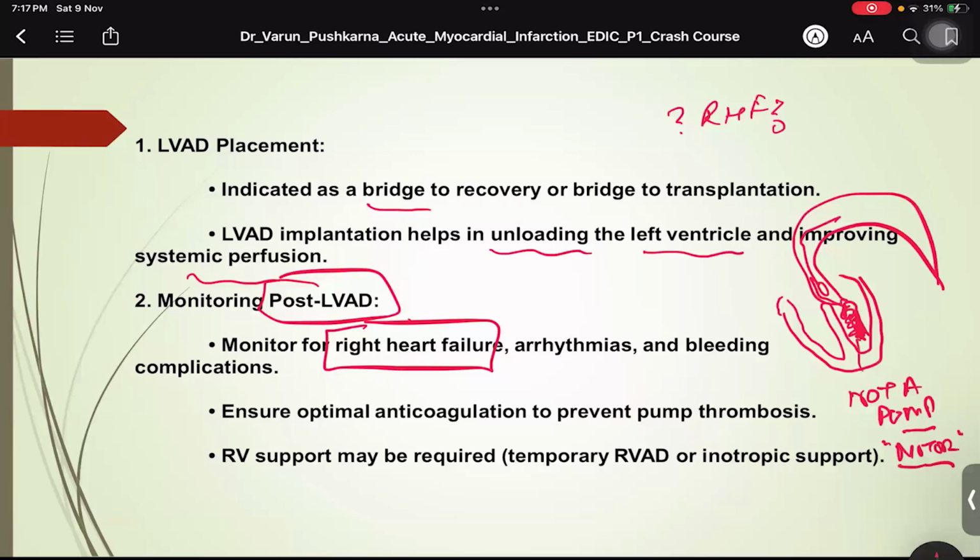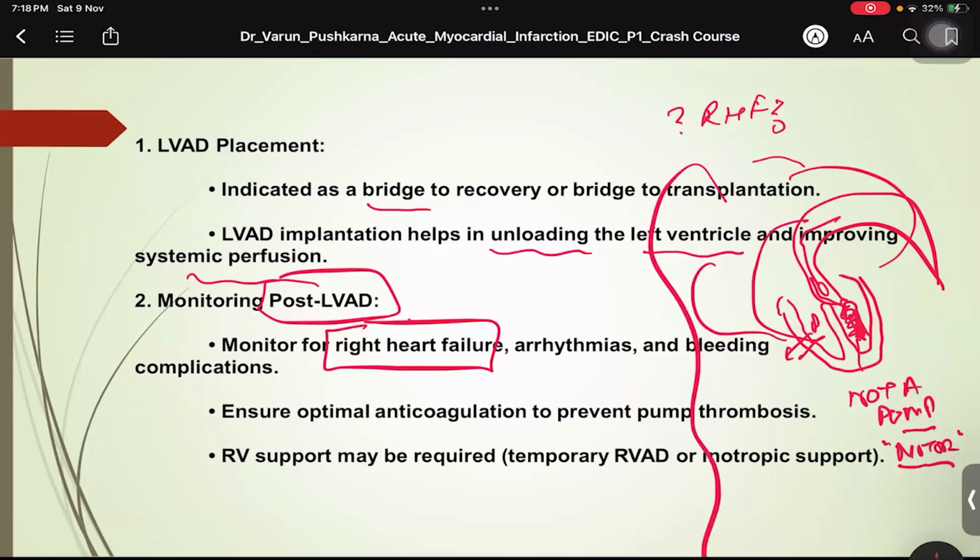So the right ventricle is still in a pulsating phase. So this will be pulsing out blood into the pulmonary circulation, but the LVAD which is placed in the left ventricle is actually only a motor. It's running like this. So there will be congestion in the pulmonary circulation, and of course, some congestion will always be there. And gradually, the right heart failure may start, leading to ascites, pleural effusion, and